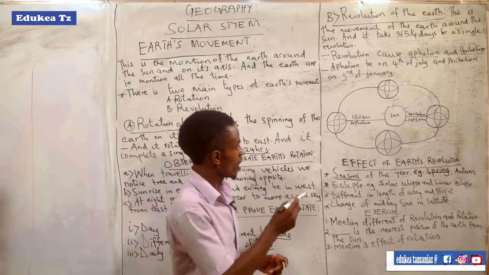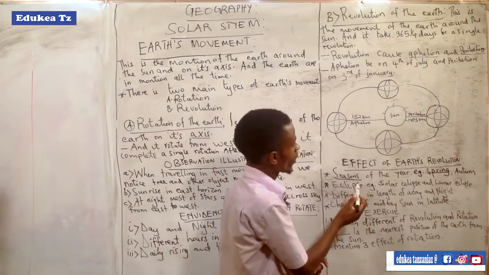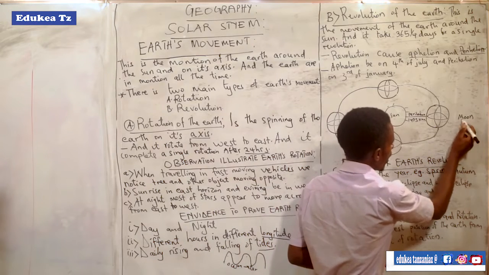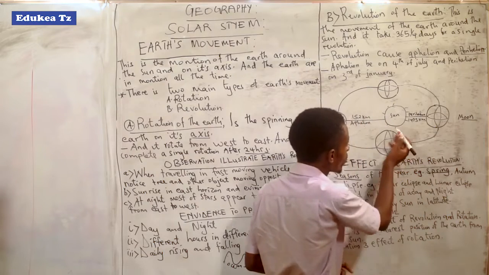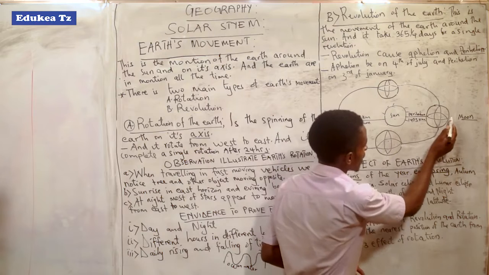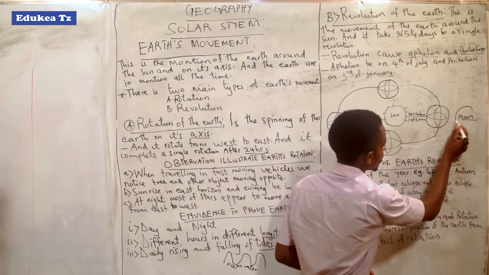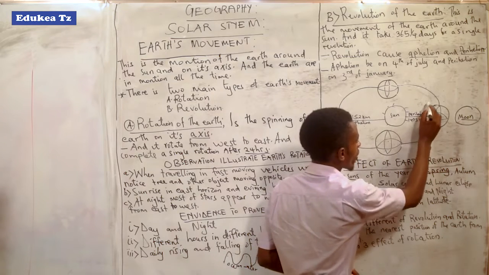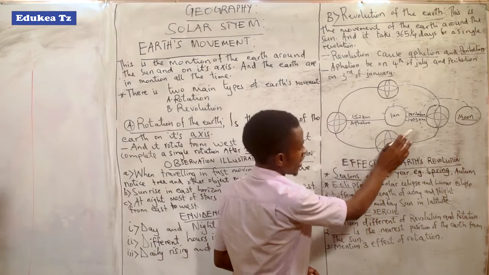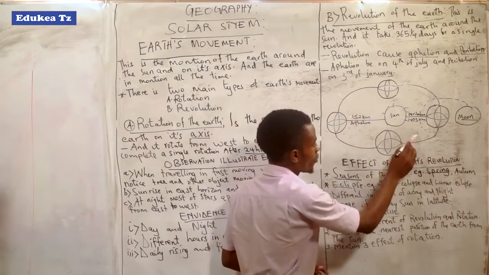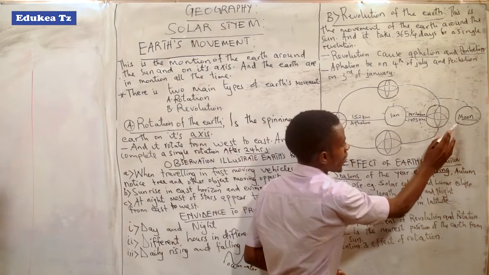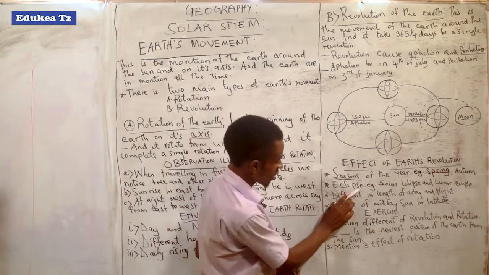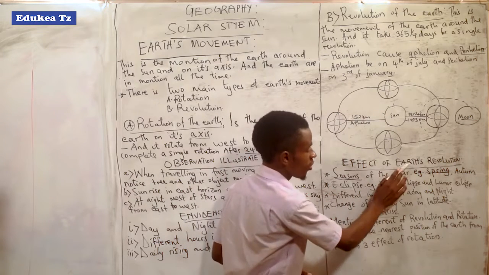You have to understand that the Earth revolves around the sun, and there is also the moon. As I told you, the moon revolves around the Earth. So take an example here. Here there is the moon, moving around the Earth. Here there is the sun, here there is the Earth, and the Earth is moving around the sun, and the moon is moving around the Earth. We need to understand how eclipse comes as an effect of Earth's revolution.